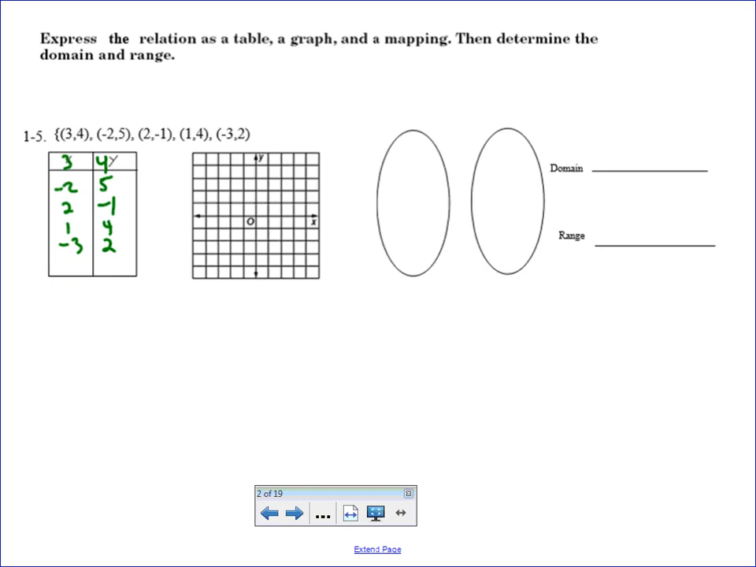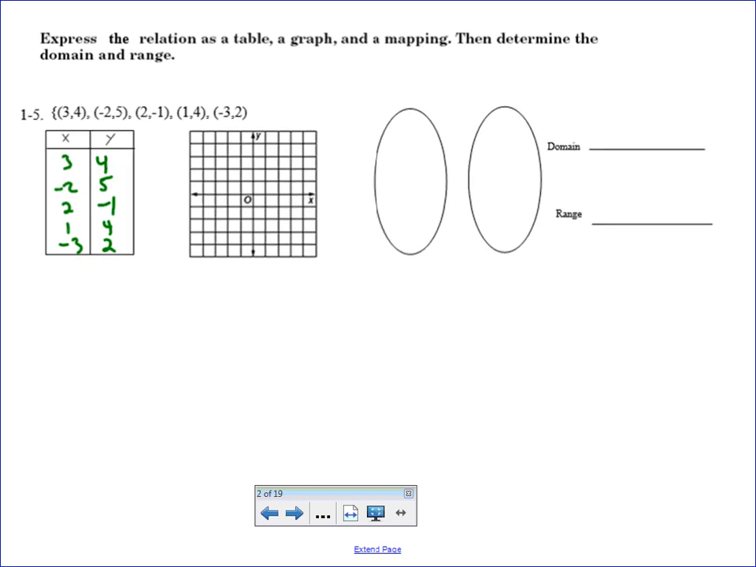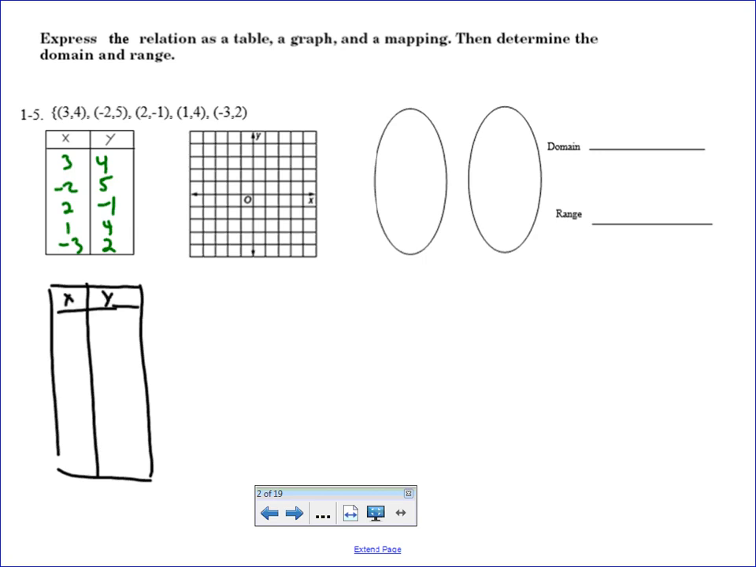we expect them to be in order from least to greatest. So really our table should look like this. As it should be -3, 2, -2, 5, right? We're going to put them in increasing order, for the x values, for the domain. And then 1, 4, 2, -1,